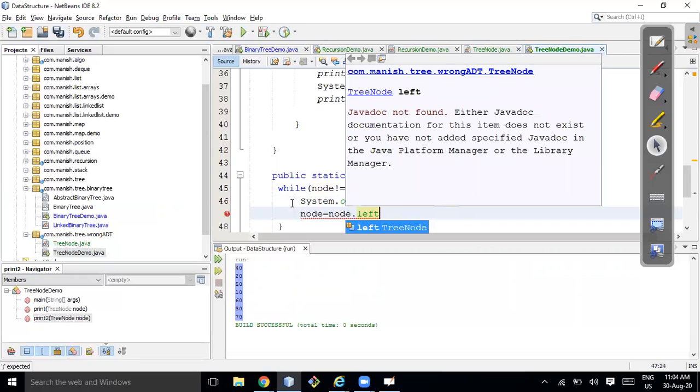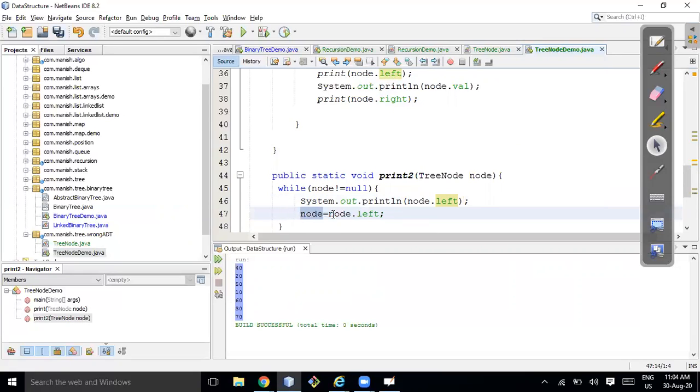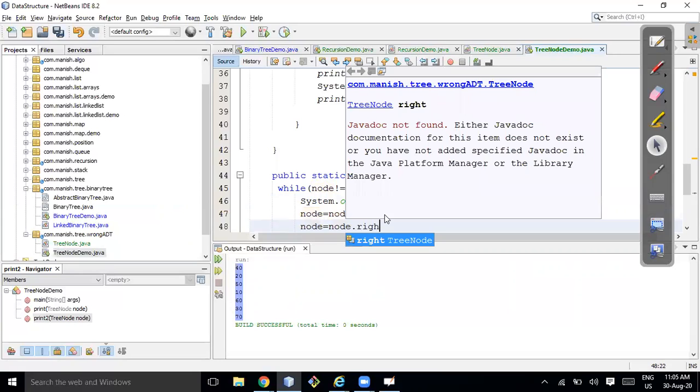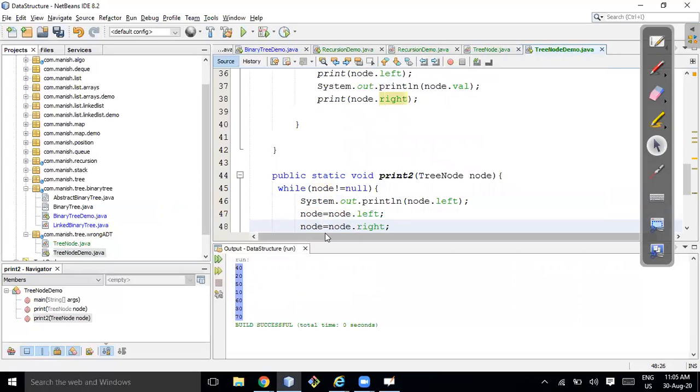Something similar to what we did in the case of a positional linked list. But what will happen to the right child? You don't have any option, right? If you make node equal to node dot right, it will override this node, and it will only consider the left part. The right part is pending. So this is the problem.